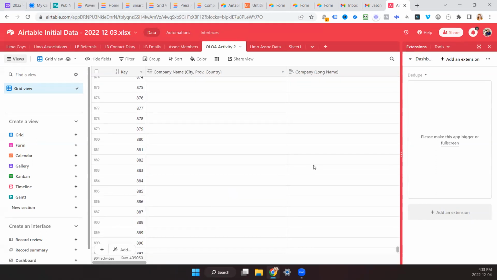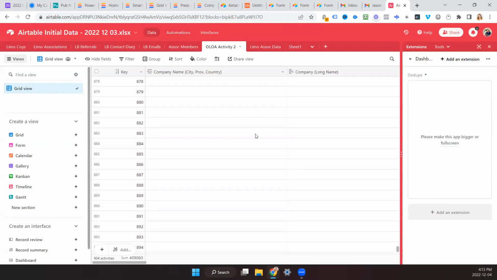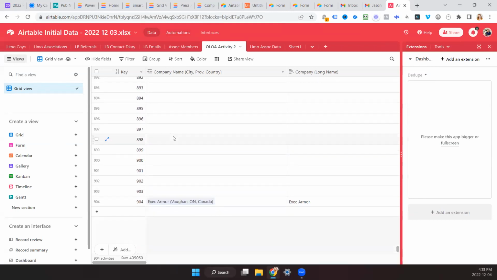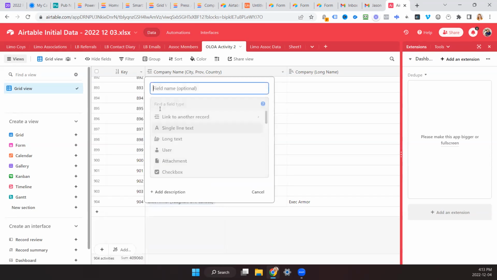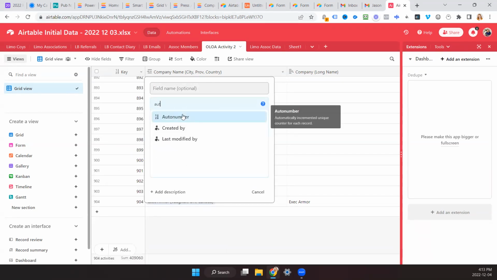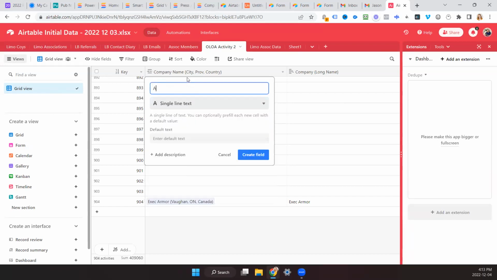So can you add a field and then auto populate it with a value for everybody? Yes. Let's see if I understand you correctly. It would just call the field association.